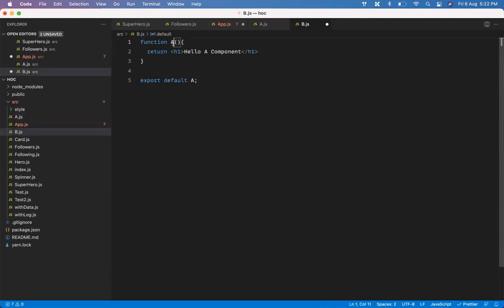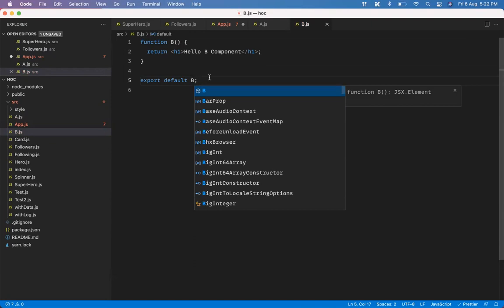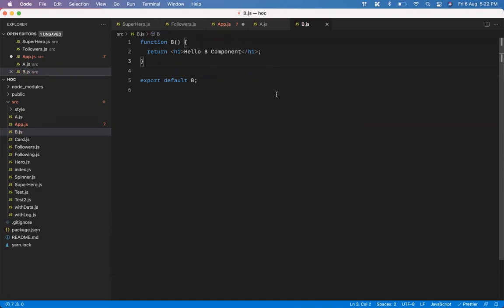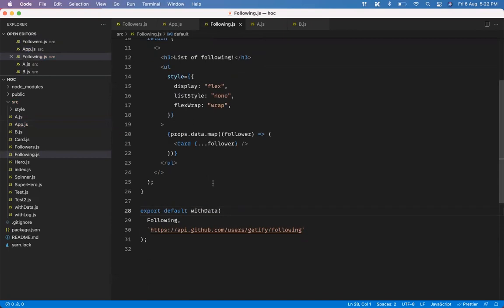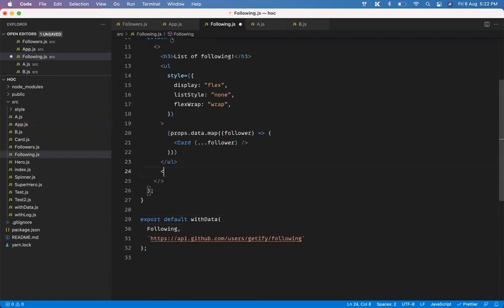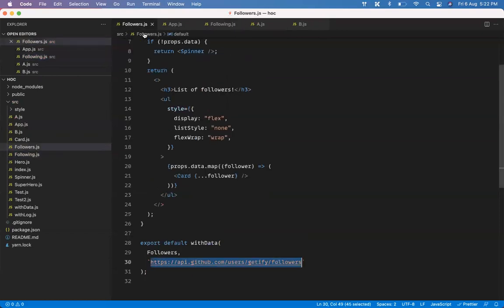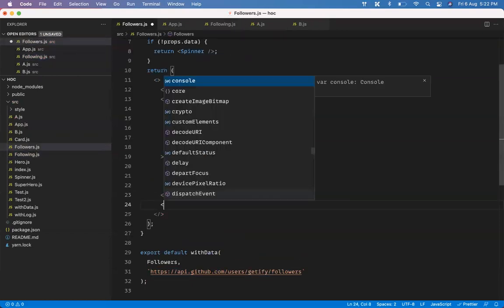Similarly, you can have a B component here. Now you can use these two components at different places. For example, I can use it inside the following component. So I'm using A here, and I can use B inside the followers component here.